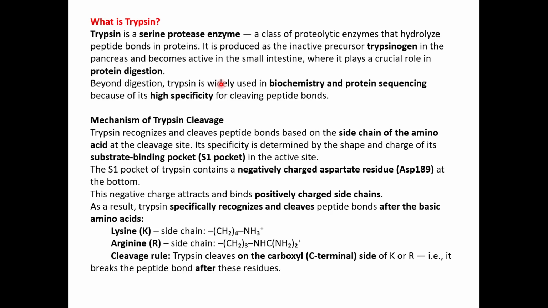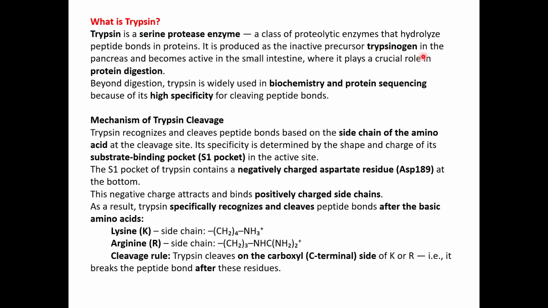However, it is a proteolytic enzyme, so it can cleave the proteins present in the tissues as well. So to prevent that, it is produced in a precursor form. Most of the proteolytic enzymes that are produced in our body are produced in their inactive precursor form, which is a zymogen form. So when you have a gen suffix attached to the name of an enzyme, that means it is its inactive form.